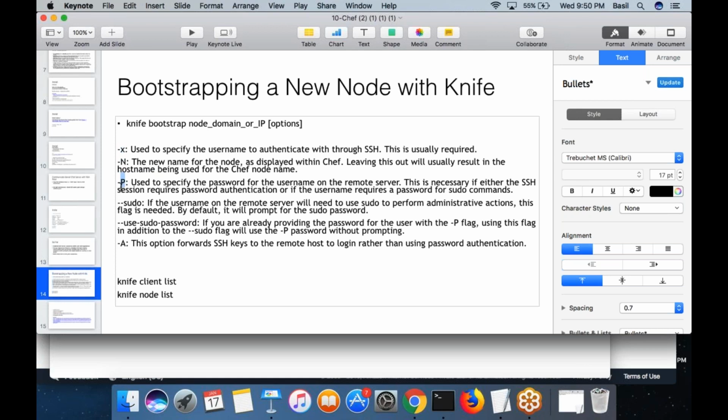In our case, we will not use password authentication. We are using key authentication, right? So in that case, -a is the option which would indicate to the bootstrap command to use key authentication to connect to the remote machine through SSH. Then --sudo is one option that would specify that this user has sudo access. Whichever user you are trying to connect to on the remote machine, the user has sudo access. That you can mention by specifying --sudo in the bootstrap command. So let's run this command.